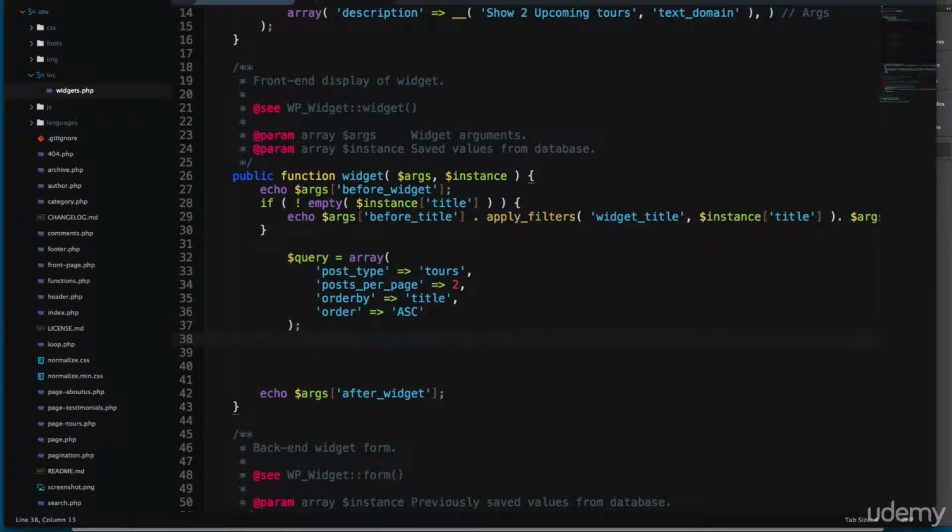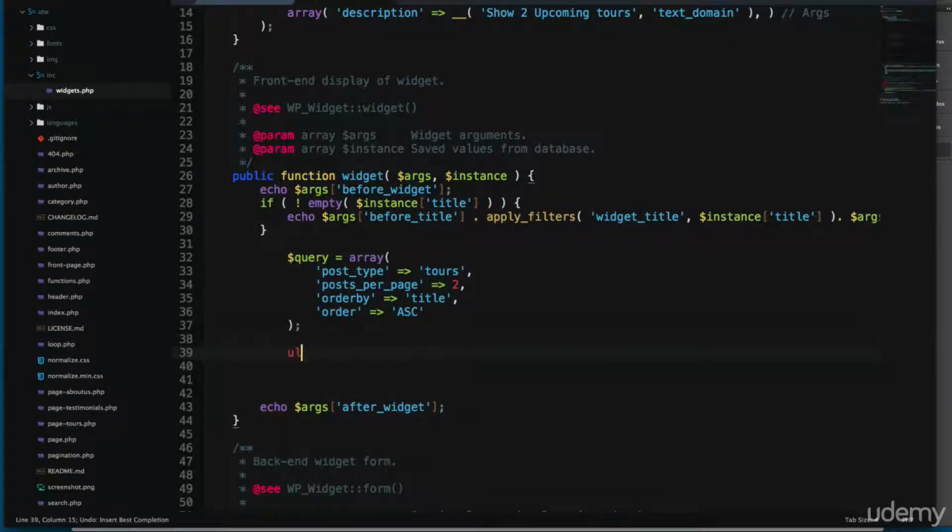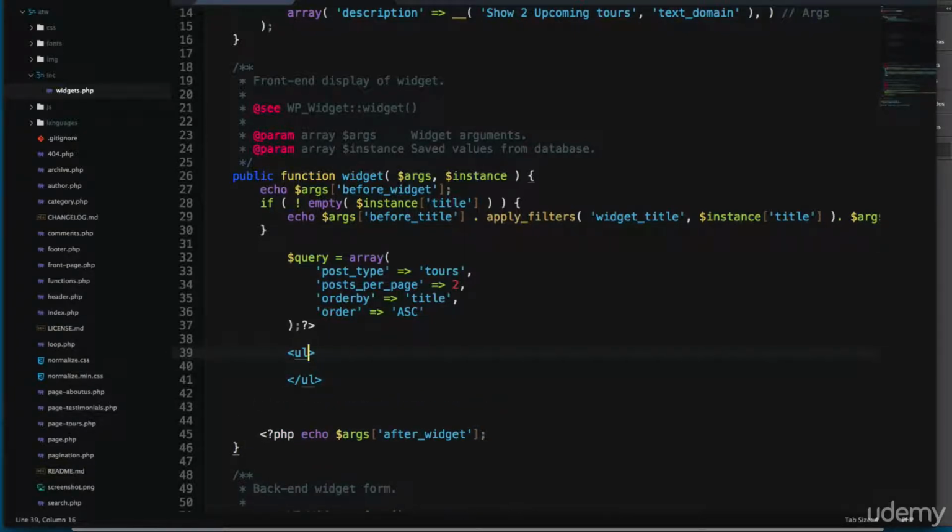So let's create an unordered list for this. I think I have to close the PHP block, so I'm gonna close PHP and open right here again. So we're printing the HTML in this part, so I'm gonna add a UL, and for this I'm gonna add a class, tours list footer. Next, I'm gonna create another PHP block that says tours equals new WP_Query,